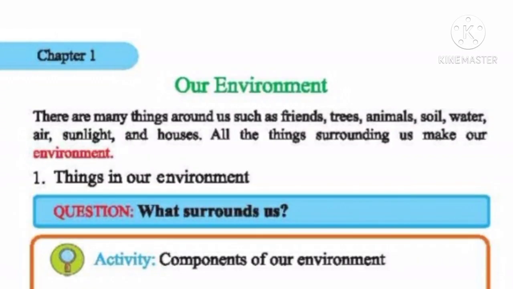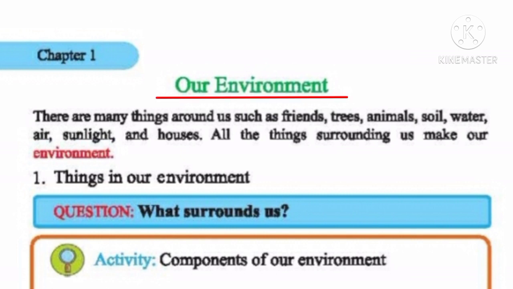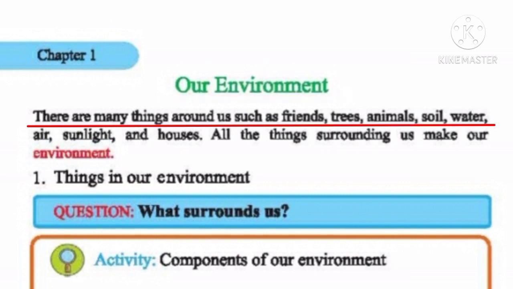Now I will discuss the pages from our first chapter. So dear students, take out your science book and open the science book at page number 2. This is our first chapter, and the name of this chapter is Our Environment. There are many things around us, such as friends, trees, animals,